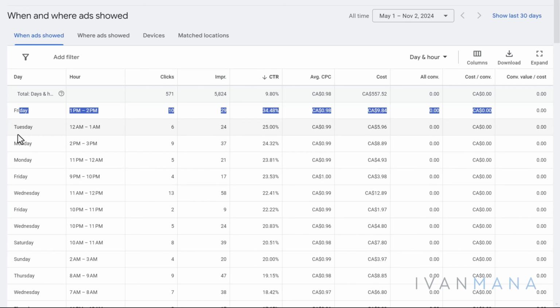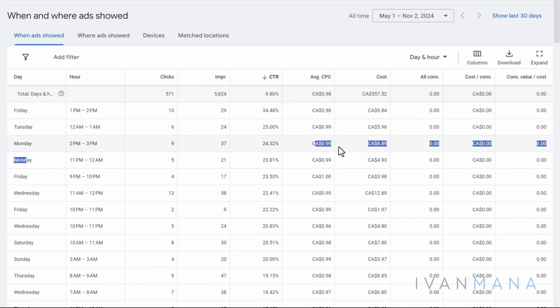VPN. But for example, Tuesday, 12 to 1 a.m., so late at night, people are looking for VPNs because they're doing some shady searching on the web, right? And they really need that VPN. So this could work. This fits our hypothesis. Then you have Monday, when people are working. You have Monday at night. Okay. So again, not enough data to go off of, but these are the patterns and the hypotheses, the theories